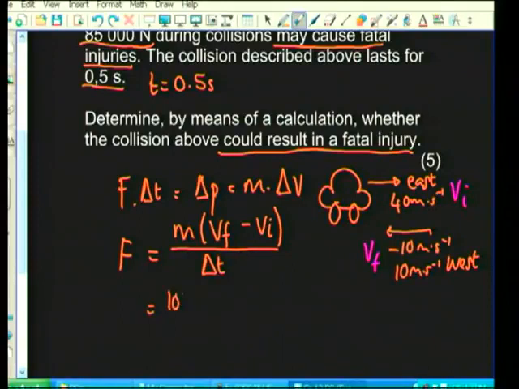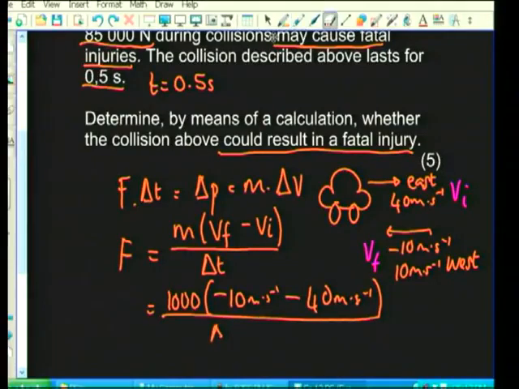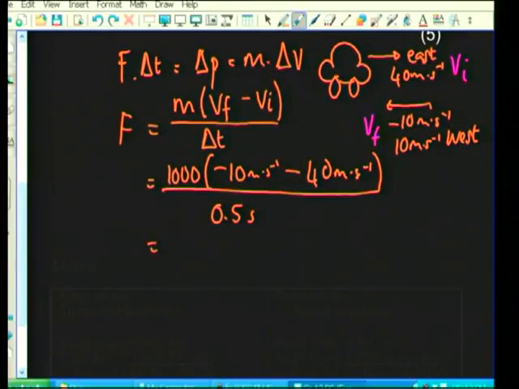The mass was 1,000 kilograms for this car. The final velocity was negative 10 meters per second. The initial velocity was 40 meters per second. But notice you're working out the difference between them. So final minus initial, it is a negative value minus another value. And that was all divided by delta t, which I know is 0.5 seconds. Shifting down slightly, let's solve it, put in the values. That's going to be 1,000 multiplied by negative 50, all divided by 0.5. And it comes out to negative